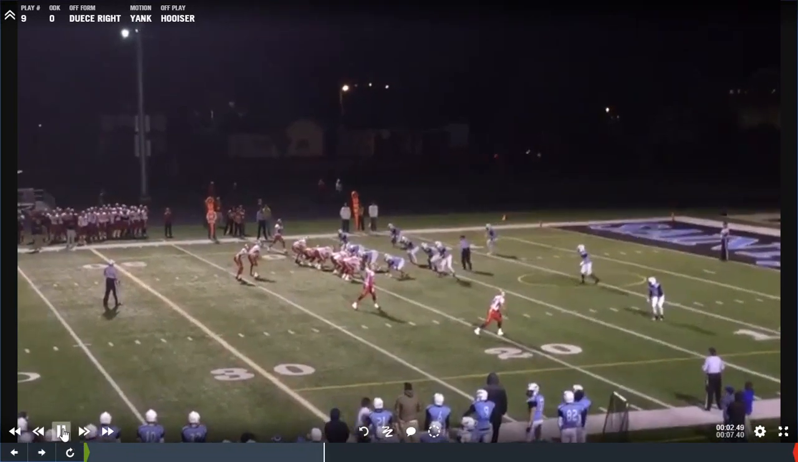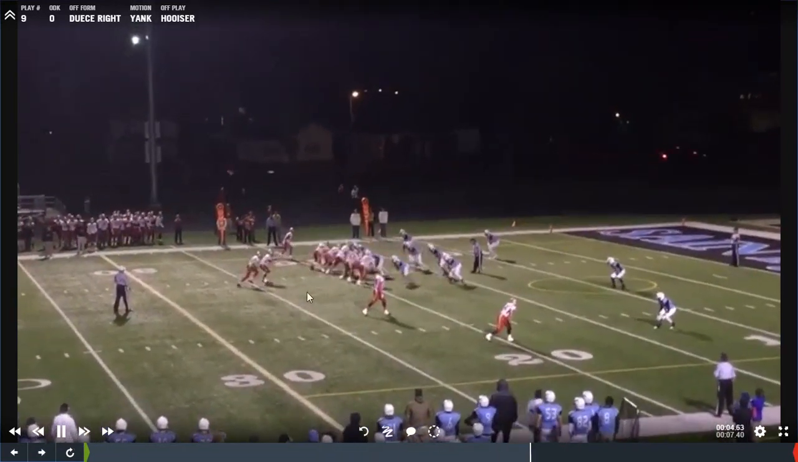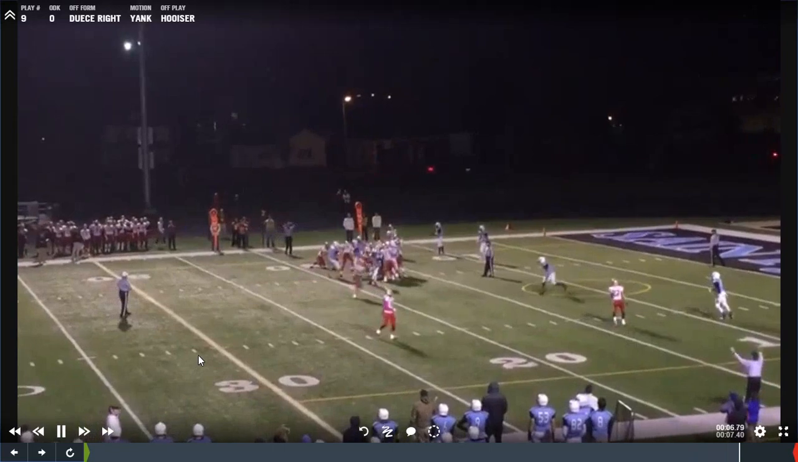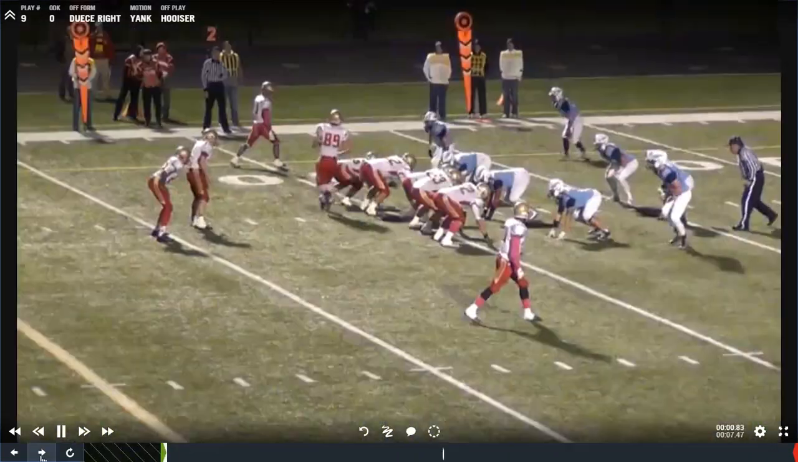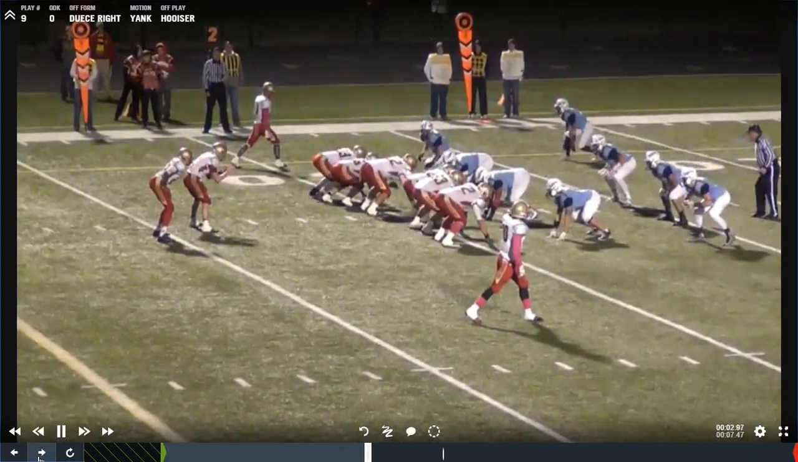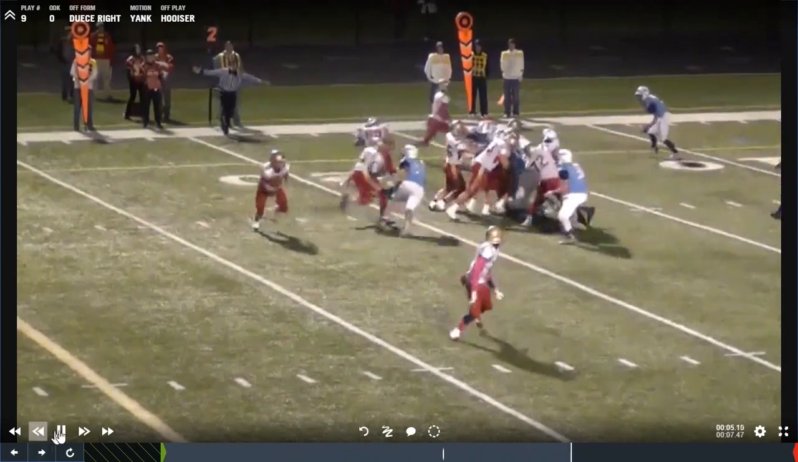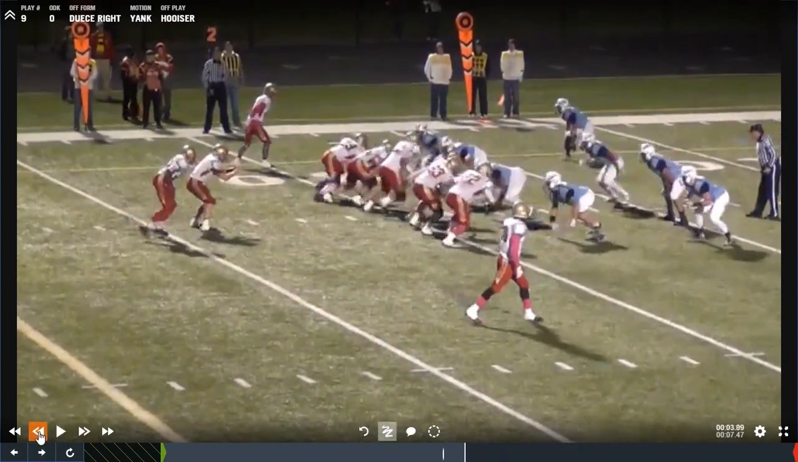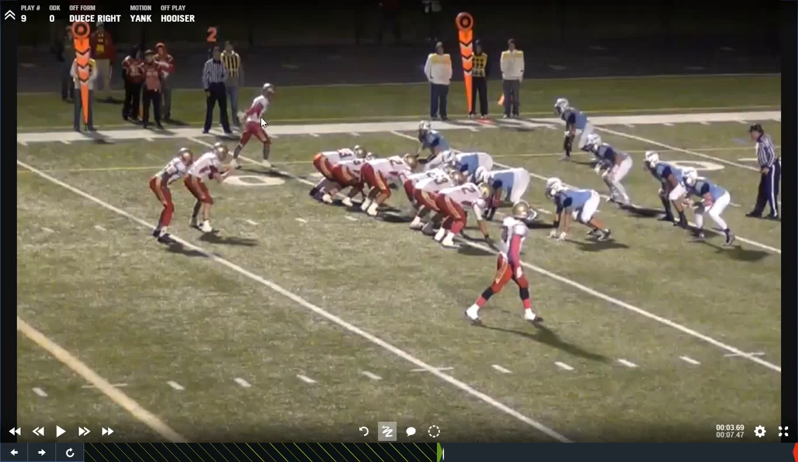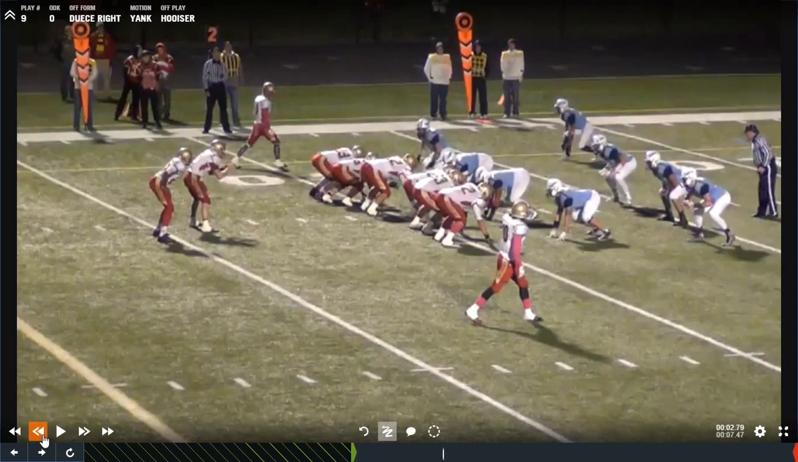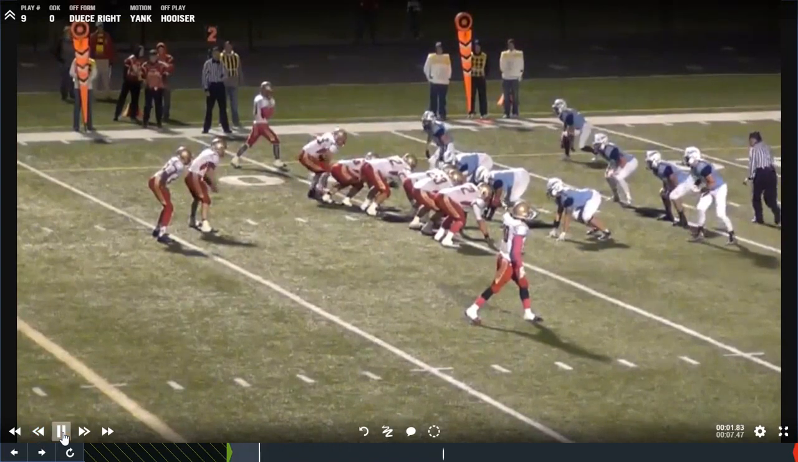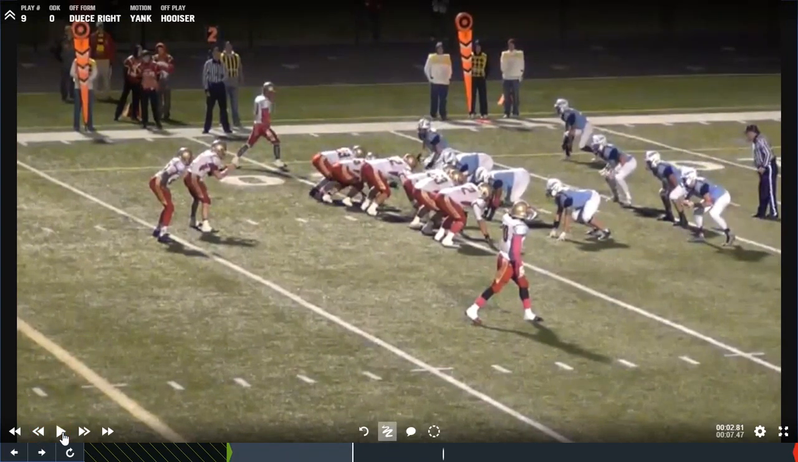Here's deuce right. Here's yank. Inside zone to the left. A little tighter view. That goes back to our discussion earlier. Are the skinnies on? Are they off? What do you do? I kind of go back to the old way of tell them we're going to end up